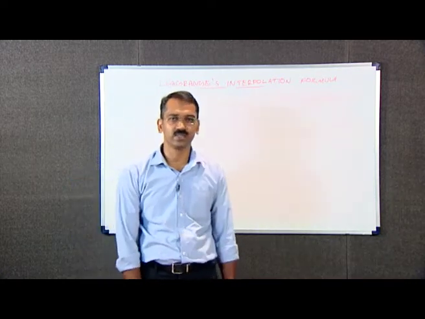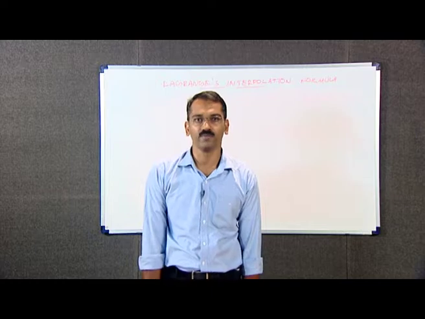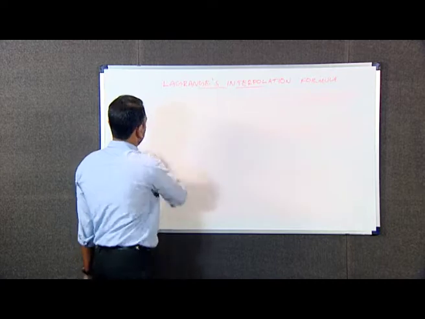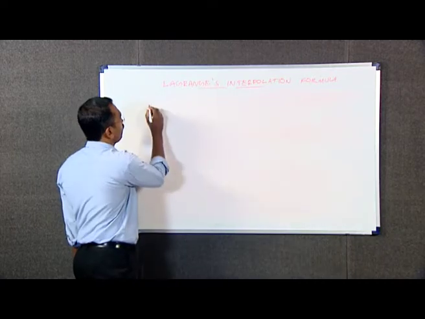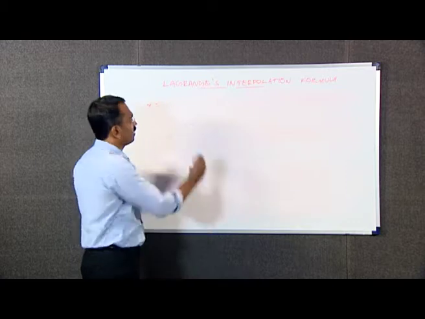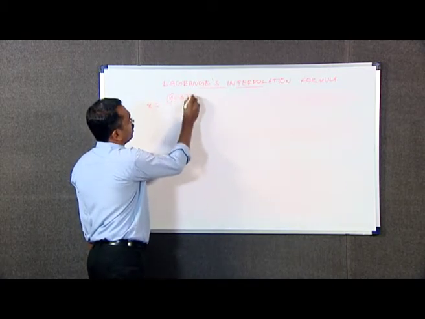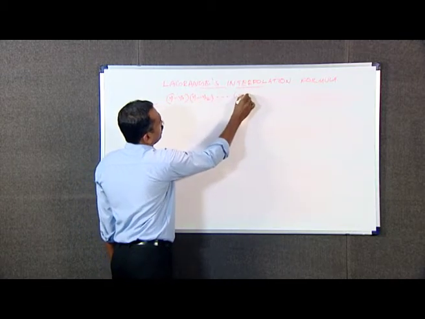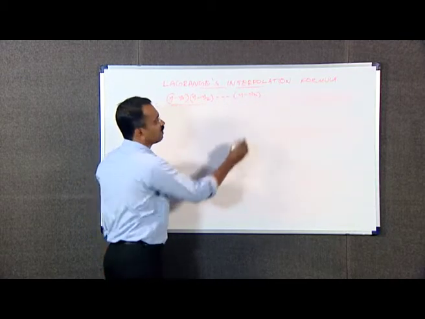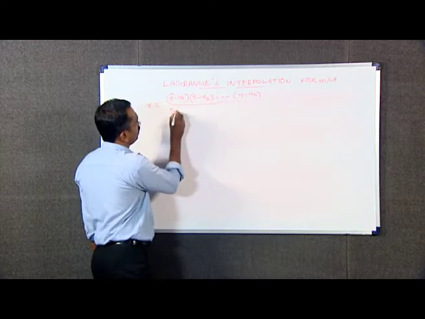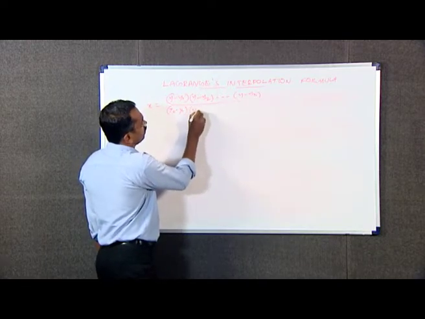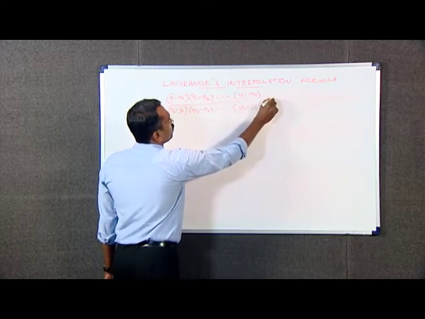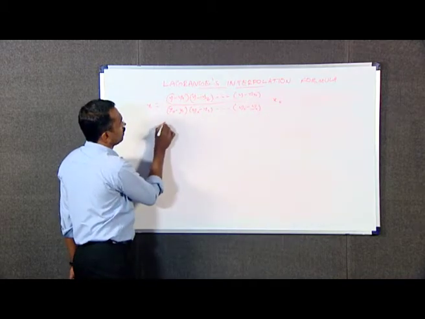If we treat x as a function of y, then Lagrange's interpolation formula can be written as x is equal to y minus y1 into y minus y2 into etc. y minus yn divided by y naught minus y1 into y naught minus y2 into etc. y naught minus yn into x naught plus